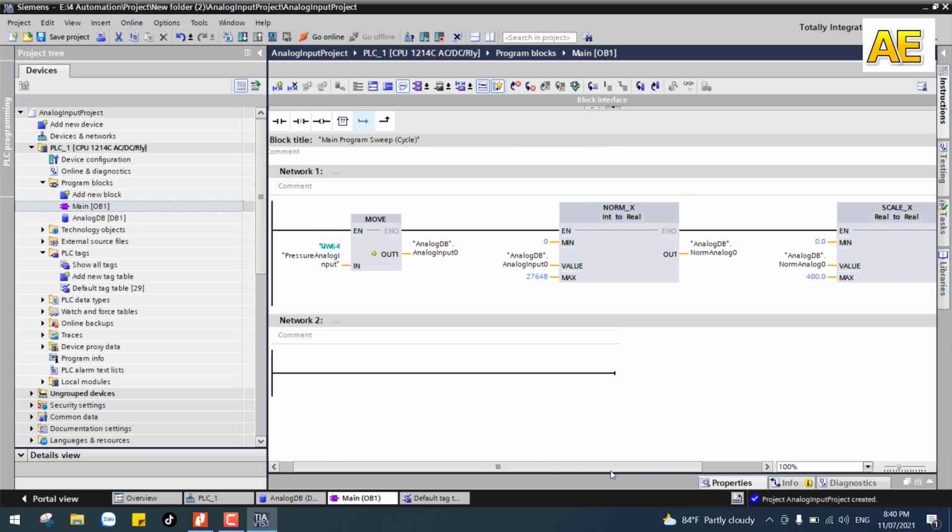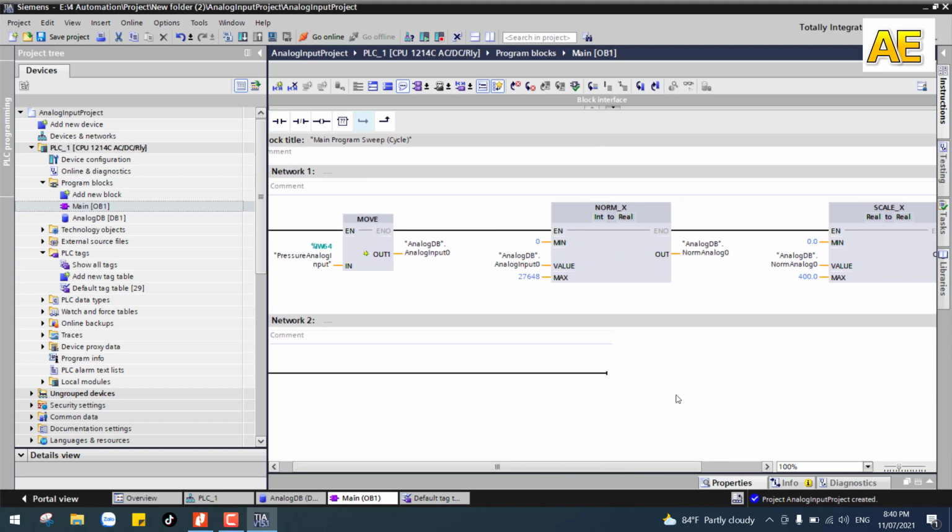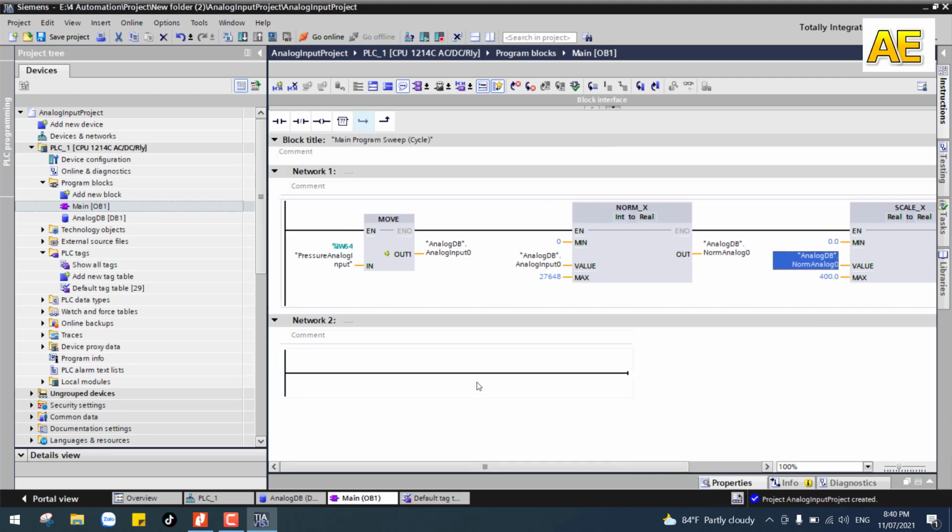So I will talk about the program here. This is the program for every analog input, like the level, the temperature, the flow, pressure. The first step, the analog input from the sensor connects to the analog input pin in the CPU, will transfer to IW64 for the channel 0 here, and we will move to analog input 0 here, and we use the block norm X to transfer